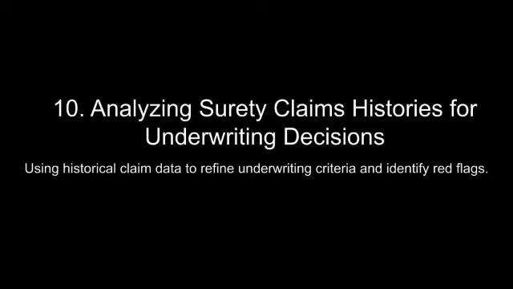In the realm of construction, which accounts for a significant portion of surety bonds, industry-specific factors come into play. The cyclical nature of the construction industry means that economic downturns can disproportionately affect contractors. Labor shortages, changes in regulatory requirements, and technological innovations like building information modeling, BIM, impact project execution. Publications in the Construction Management and Economics Journal explore how these factors influence the likelihood of